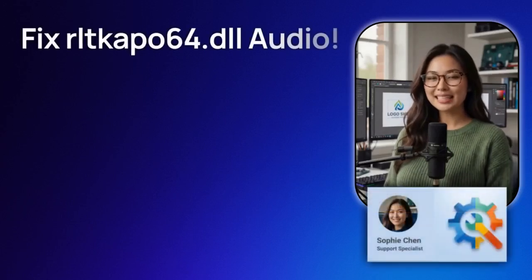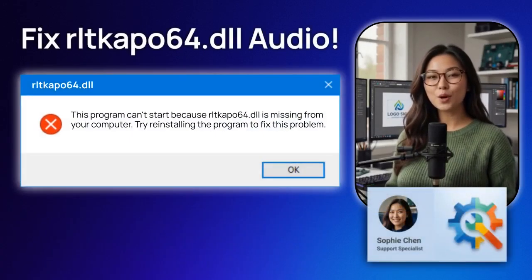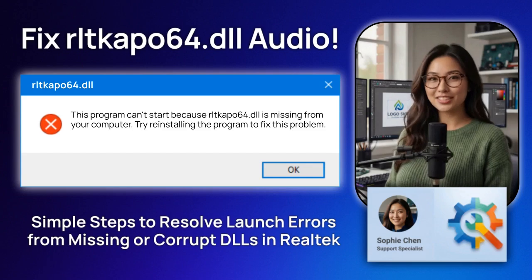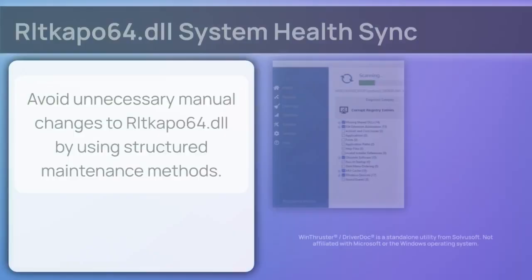Frustrated with the rltkapo64.dll pop-up blocking Realtek? I'm Sophie Chen, a Windows support engineer, and I'll walk you through the diagnostic repair to get things running smoothly again. Before starting the detailed